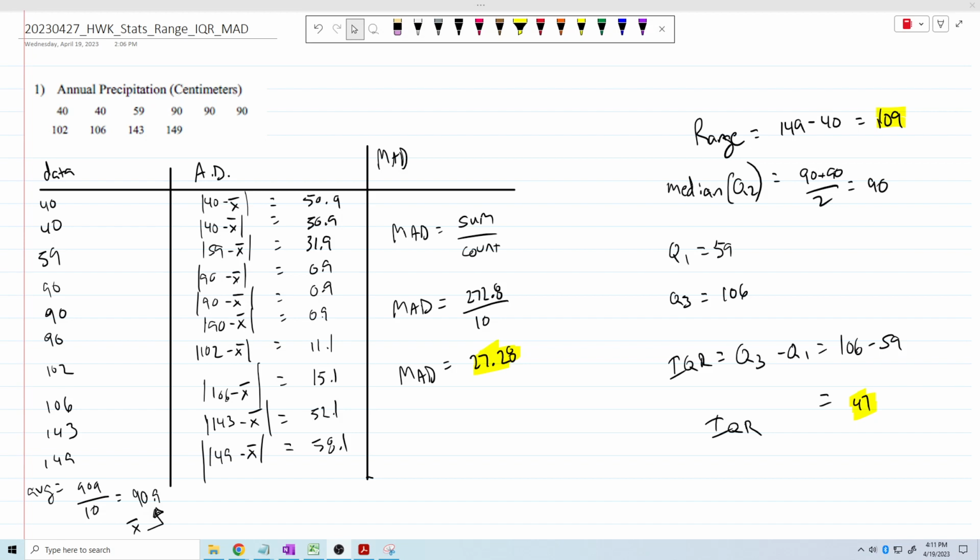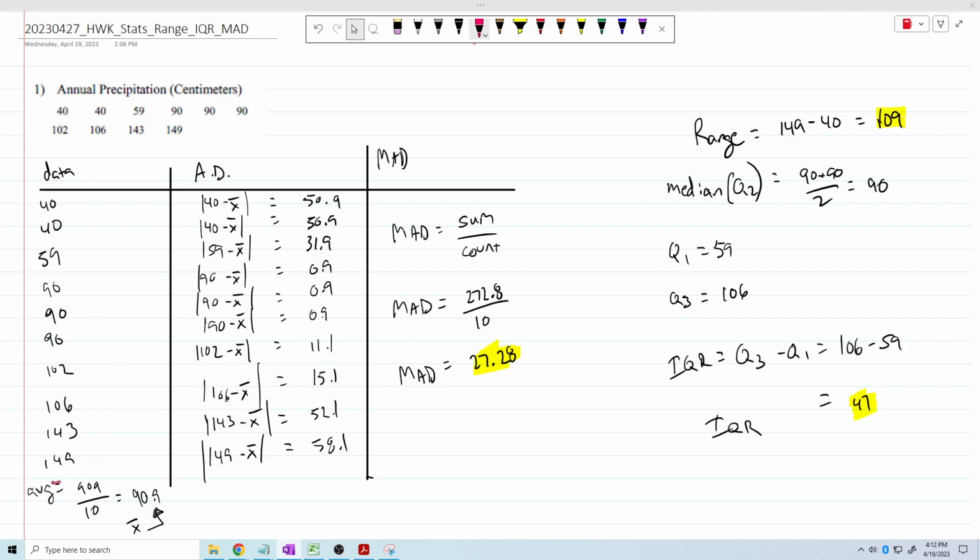Let me explain how we go through these problems one by one. For each problem, I like to set up a vertical table such as this. I took all the numbers and set them up vertically in order. Step one: remembering how to calculate a mean, which is going to be useful because of mean absolute deviation,